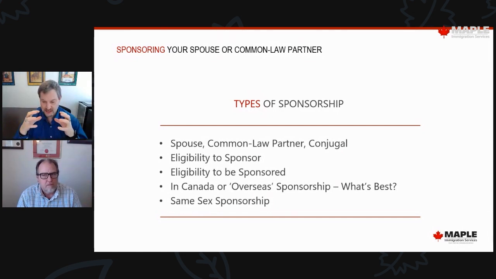One of the principles of the act is to unify family. The other thing that you'll see me do a lot, and I'm going to do it here, is spousal sponsorships, conjugal or common law. I like doing this. It's interconnected, right? You have to have an interconnected relationship, and that's key to any type of application that we're putting in. So we'll get into that a little later, but I always like to say that because of the common law or the conjugal. Obviously with the marriage, there are different things there, but again, the strategy side of it, what's best.